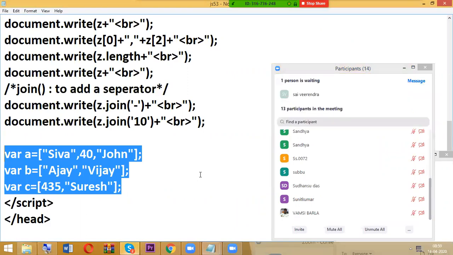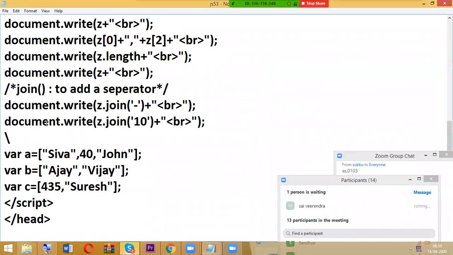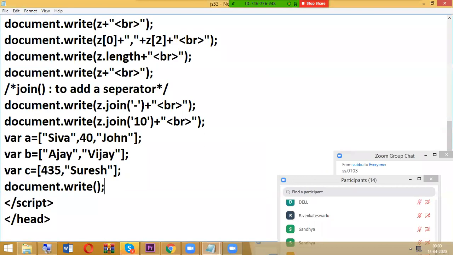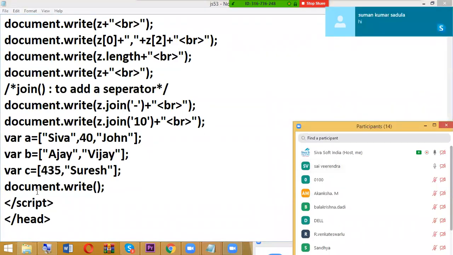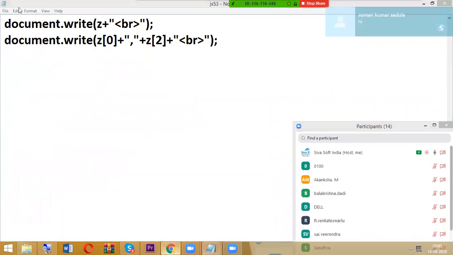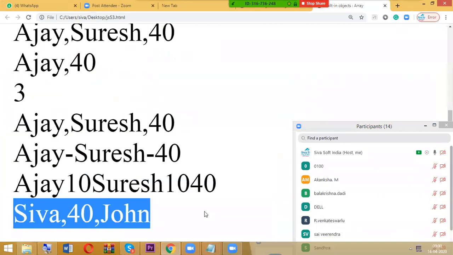The concatenation concept we are going to discuss now. That means we are going to add more than one array at a time. For example, first I'm going to display document.write of A. So I got that output: Shiva 40 John.